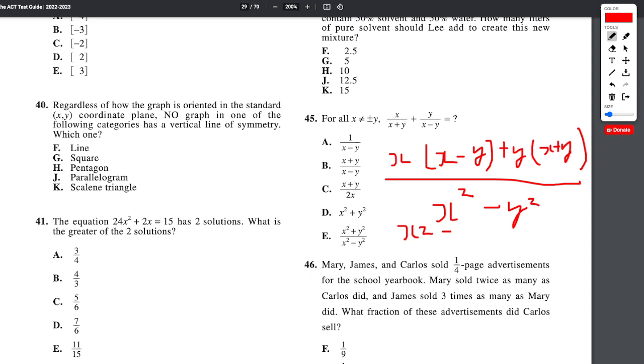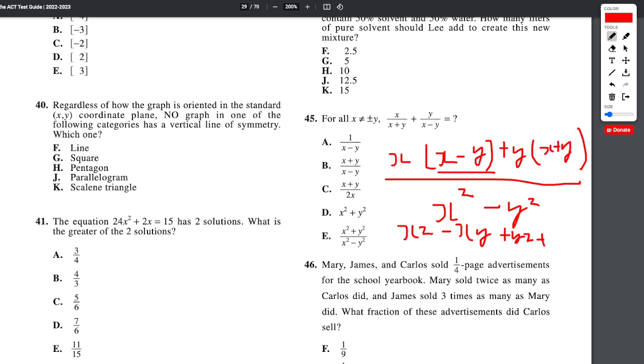Oh wait, I just realized something. The top is also just x plus y times x minus y. Not sort of. Is it? Well, so we have x minus y here. Well, whatever. Because it's going to be x squared. Oh, I see. It's going to be x squared minus xy. Here, let me do that. Minus xy plus y squared